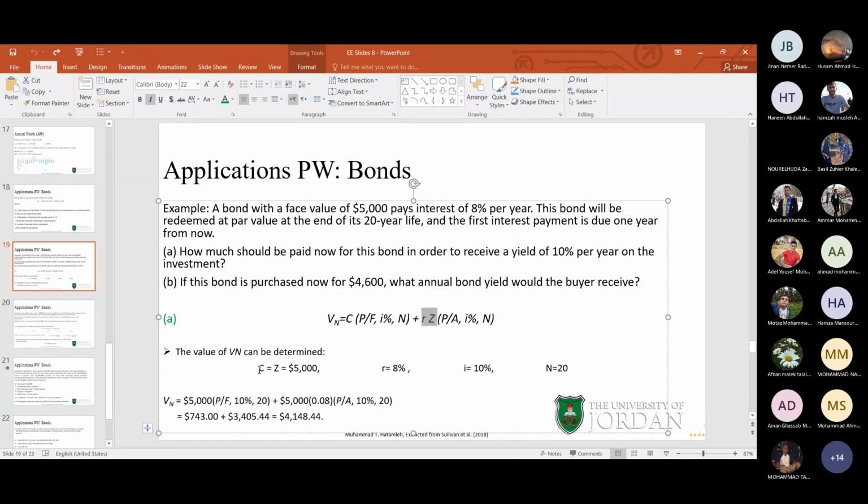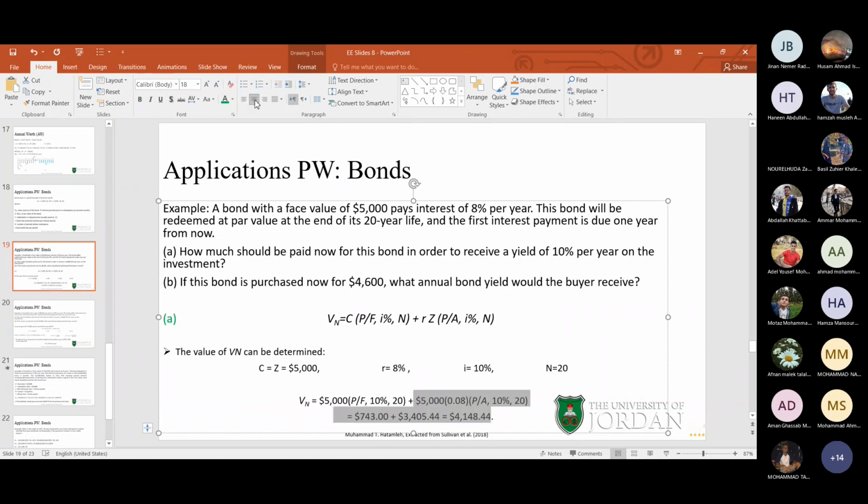فبالتالي أنا عندي redemption والface value equal 5,000, الnominal equal 8%, the yield rate equal 10%, and the interest period is 20 years. Straightforward application. Into the equation بيطلع معي the value of the bond $4,148.44. فإذا أنت فعليا بدك تروح على البنك وبدك تشتري البوند, المفروض ما تدفع 5,000, المفروض تدفع